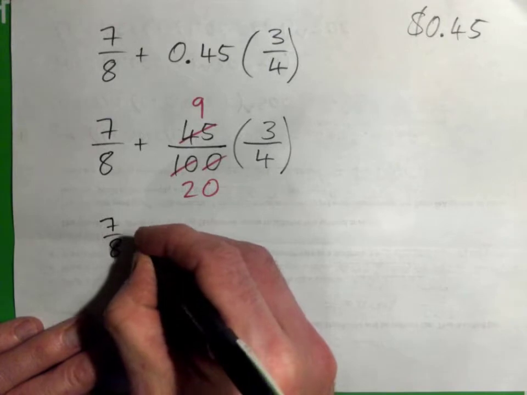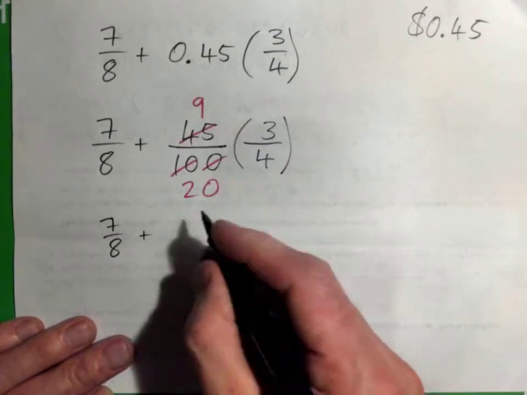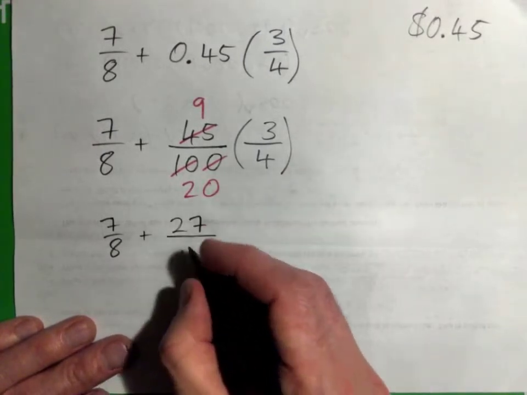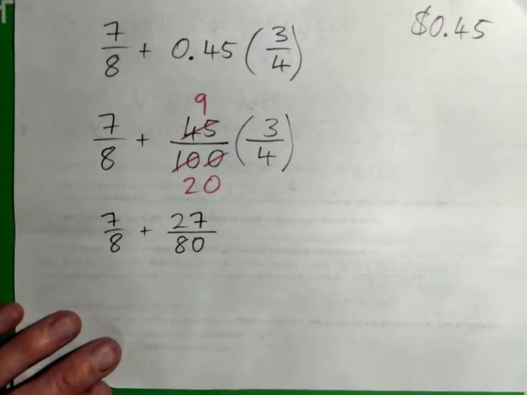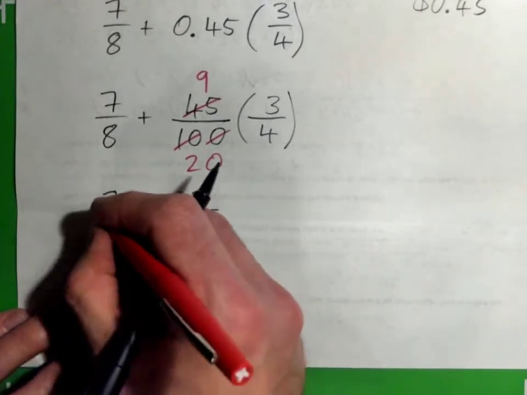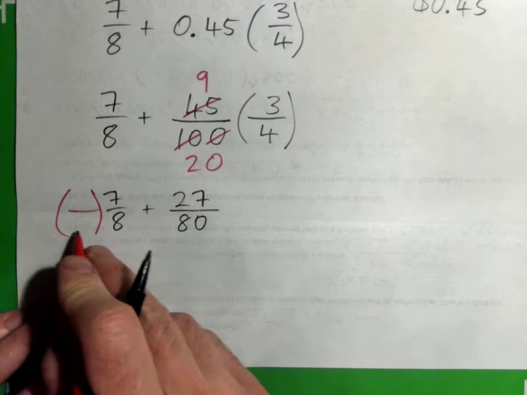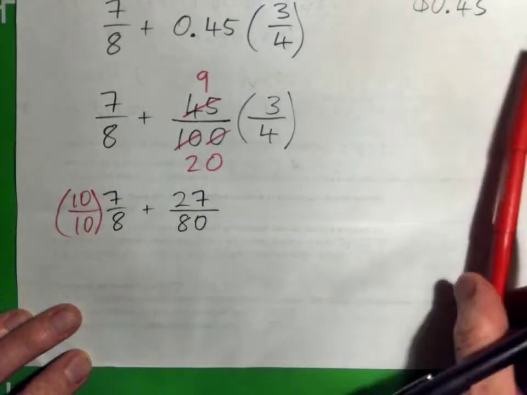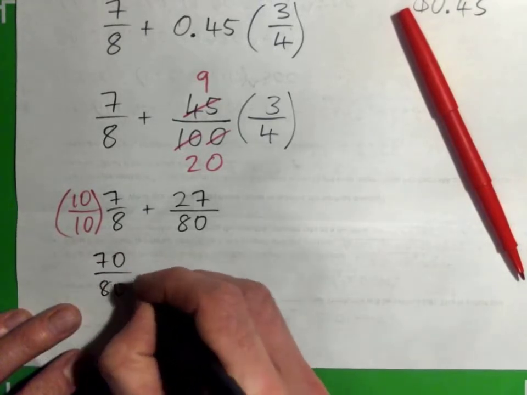So I'm getting 7/8 plus, and all I can do now is multiply. 9 times 3 is 27, right? And 20 times 4 is 80. But we're now adding fractions, and the bottoms are not the same, so you've got to make the bottoms the same. So you've got to multiply this guy by something. What do I multiply 8 by to turn it into 80? Yeah, times that guy by 10 over 10. Right? Now I got 70 eightieths plus